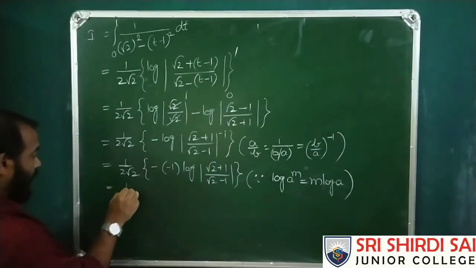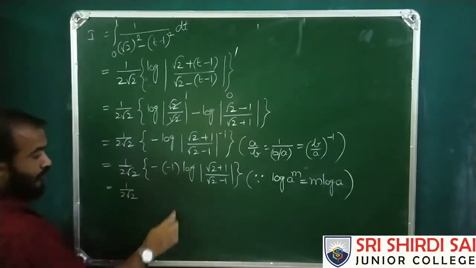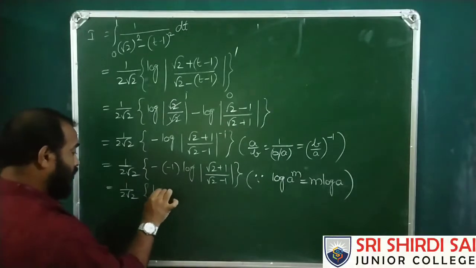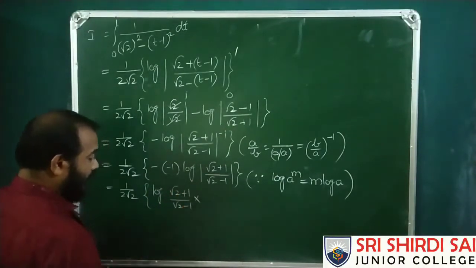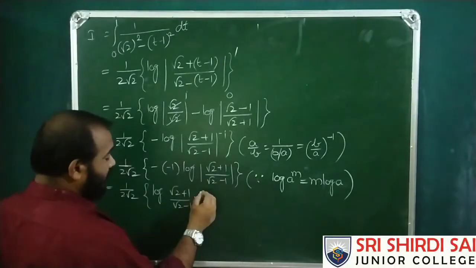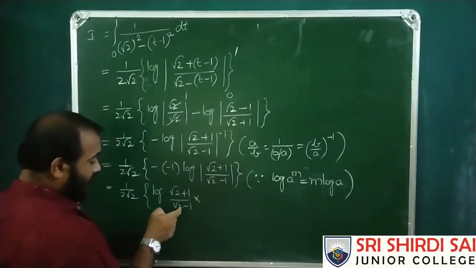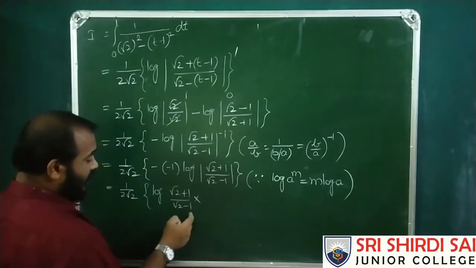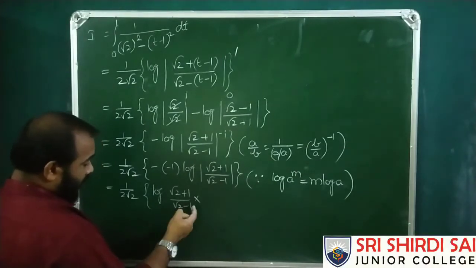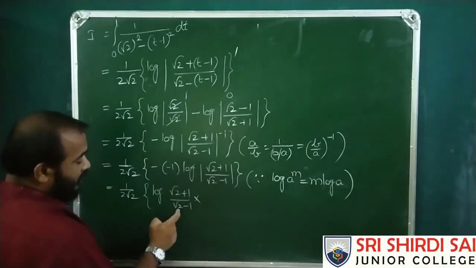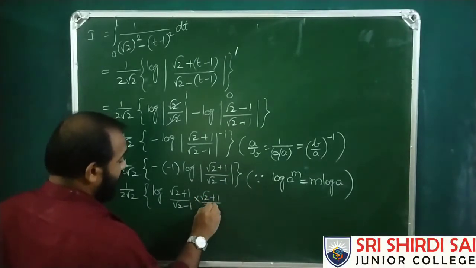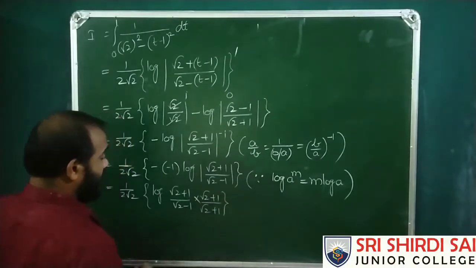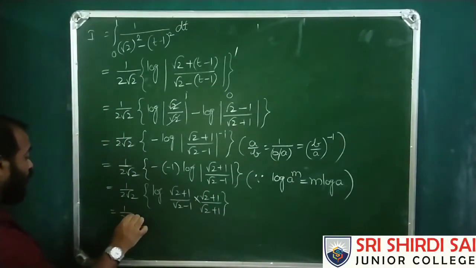Now 1 by 2 root 2, minus of minus is plus, log root 2 plus 1 by root 2 minus 1. I am doing the process of rationalization, rationalizing the denominator. With what do we need to multiply? Root 2 minus 1 means root 2 plus 1. So 1 by 2 root 2 log